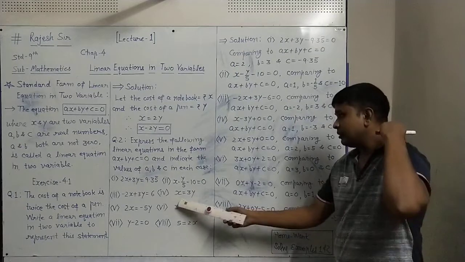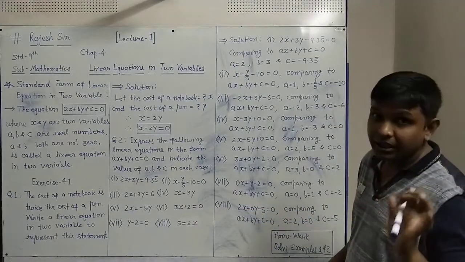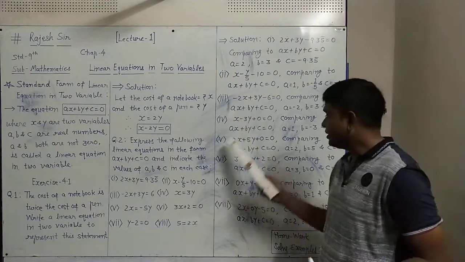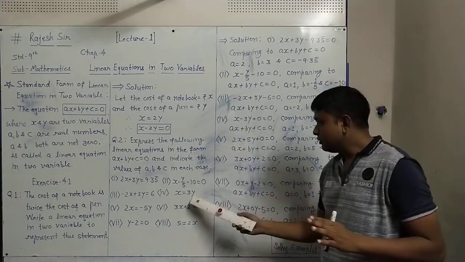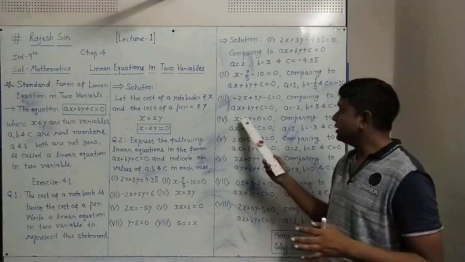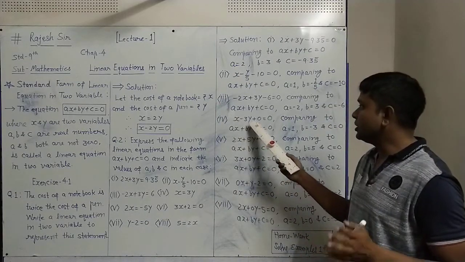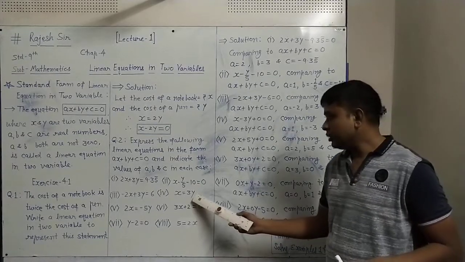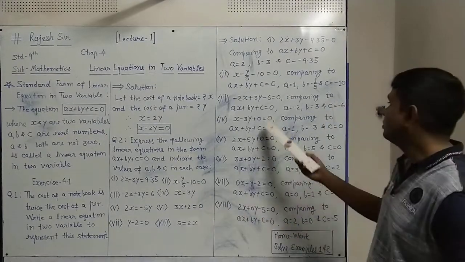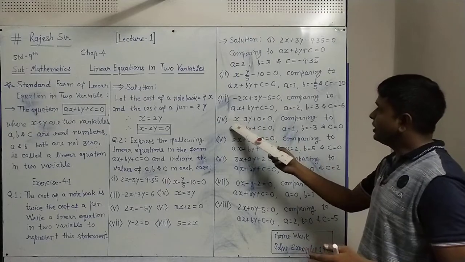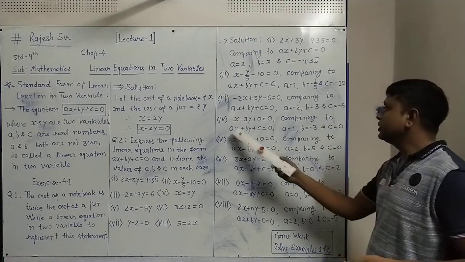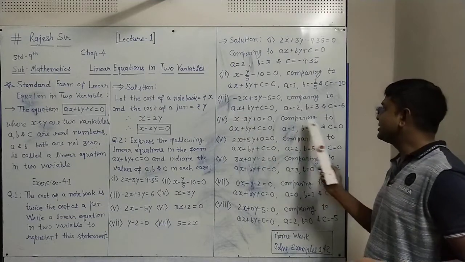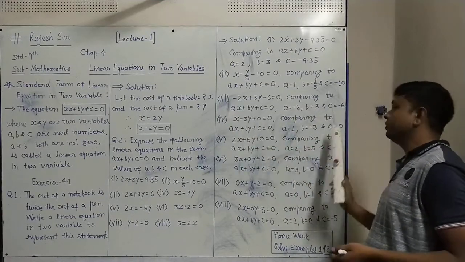So here x and y terms are there, constant term is not there, so in place of constant we can put 0. So that way x first term, y term it should be, so minus 3y, then constant term is not there, so plus 0 and equal to 0 will be. Because on right side nothing is there, so 0. So this is in the form of ax plus by plus c equal to 0, and comparing to this same, a equal to 1 will be, b equal to minus 3, and c equal to 0 will be.